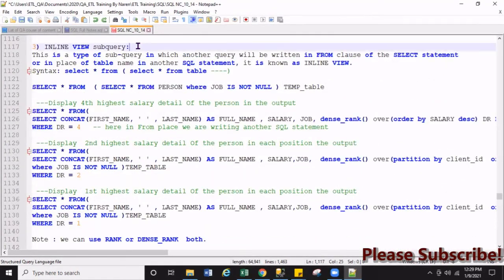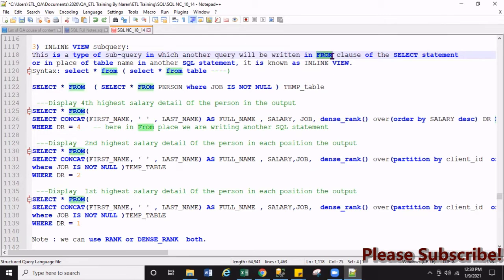Similarly, the inline view subquery, this is also very important. An inline view subquery is a type of subquery in which another query is written in the from clause of the select statement. After the from, we normally write a table name.